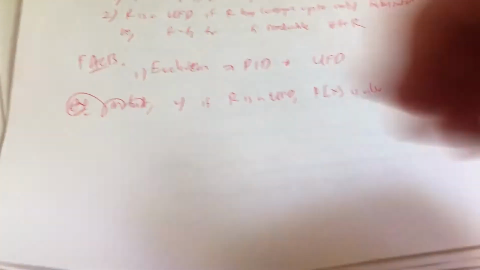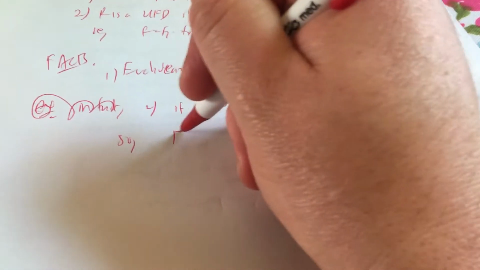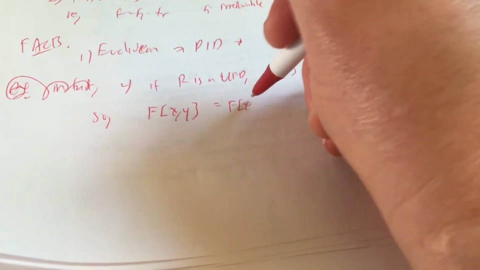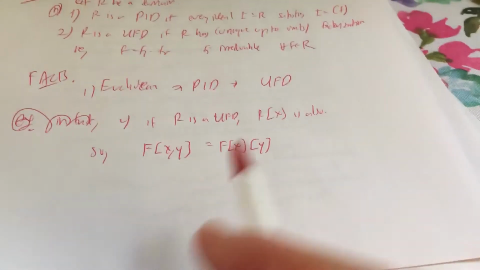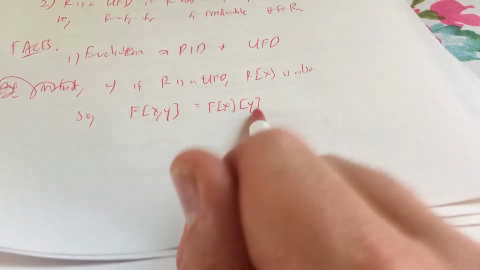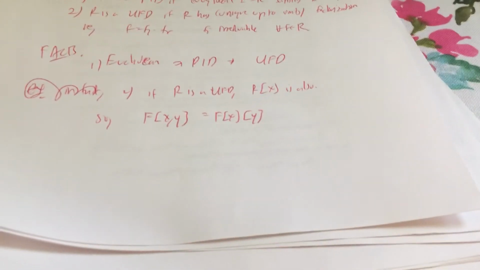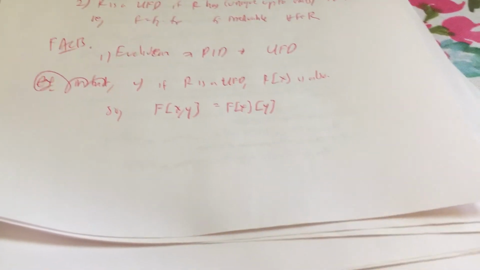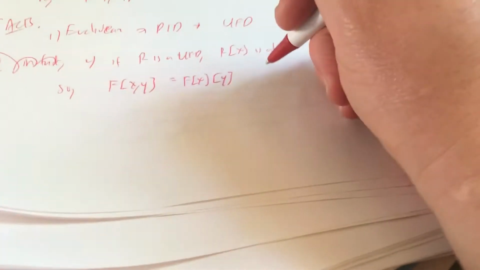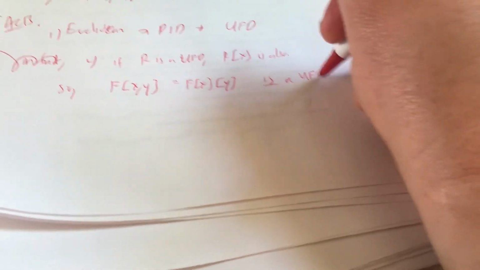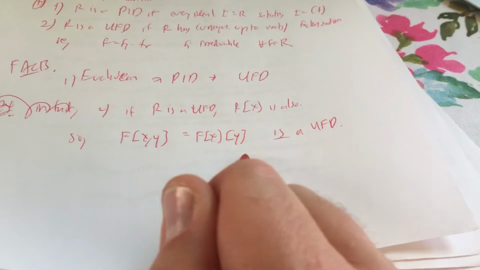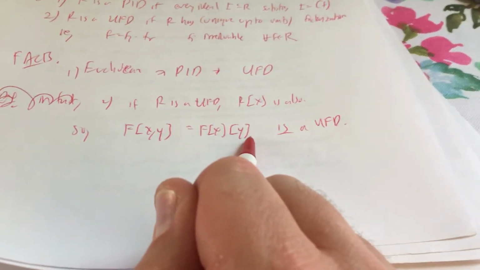So for example, if we take F[x,y], the polynomial ring in 2 variables, right? So in other words, what do I mean by that? I mean, you take polynomials in one variable, and then over that you take polynomials in another variable. Perfectly reasonable thing to do, right? So that polynomial ring is a UFD, right? Because F[x] is Euclidean and therefore a UFD. And so when we took another polynomial variable over that, that should also be a UFD, according to this fact